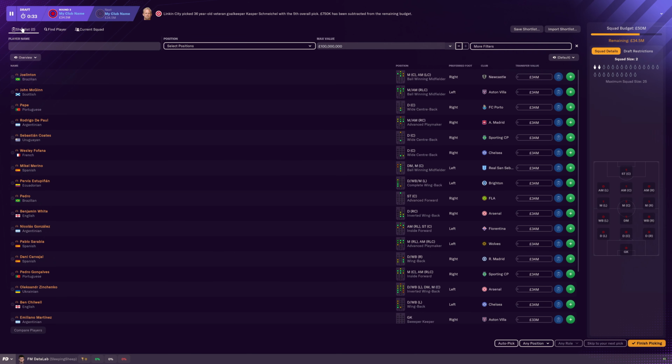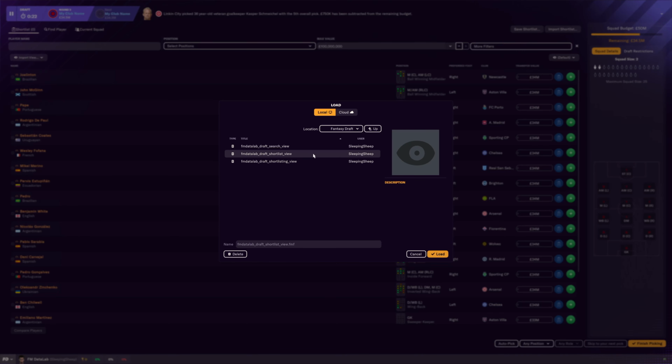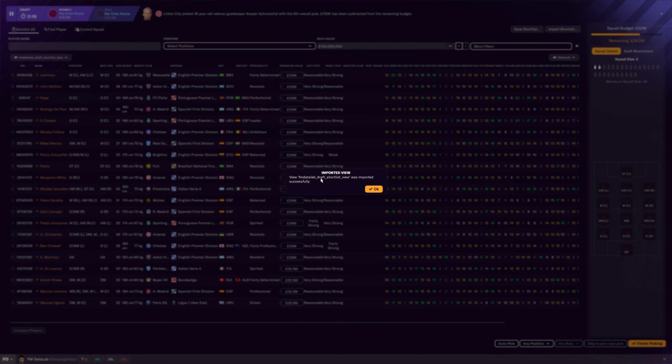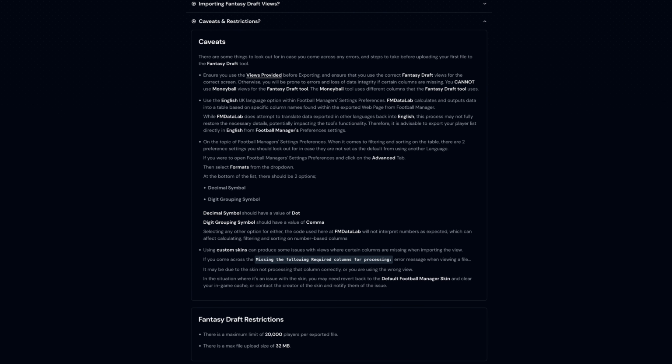And finally, when on the shortlist tab, again, same steps as the previous two views. However, this time, you'll want to select the FMDataLab draft shortlist view, again, not to be confused with the shortlisting view. So just before we dive into exporting, let's pause for a moment and ensure you're on track to export